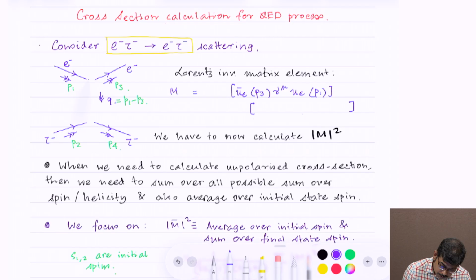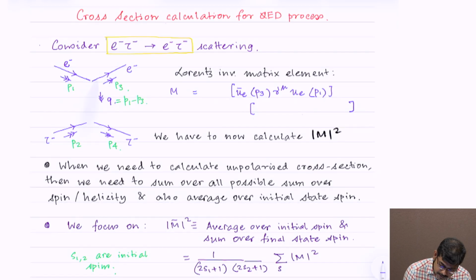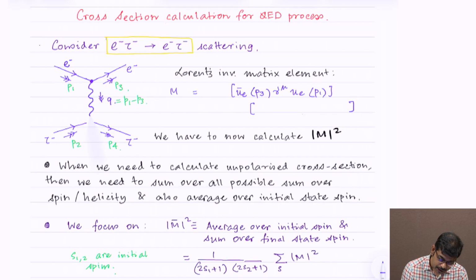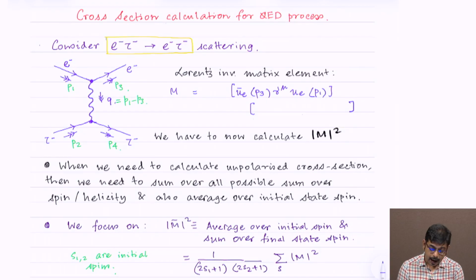So, how to draw the Feynman graph? It is going to be very similar. You say that I have an initial state electron and final state electron with momentum P1 and momentum P3 that can have a photon mediation, and this can be connected to the other end of the graph with an incoming tau and an outgoing tau with momentum P2 and P4, right? And so, this is a legitimate diagram, and as per our definition, this is a T channel diagram,